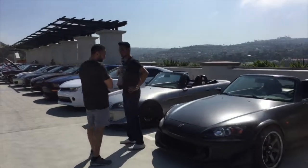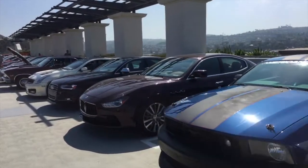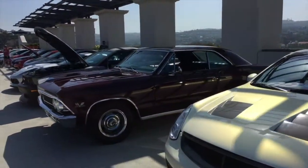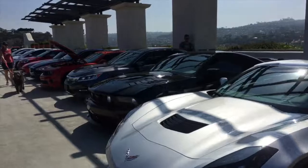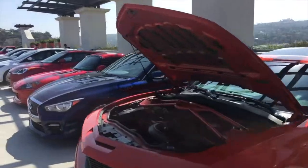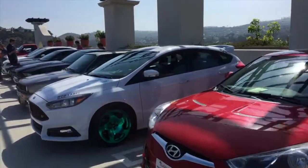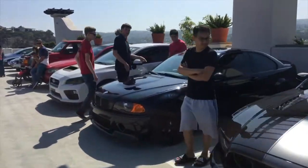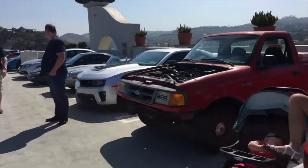Lambo, a couple of S2000s side by side. Gen 5 Camaro, Mustang, Maserati, an Audi, I think that's a Nissan, Chevy, Mustang, C7 Corvette, Mustang, Honda, Camaro, Infiniti, little S2000 again, Hyundai with green wheels, BMW, Mustang, another BMW, Subaru WRX, BMW, a Ford Ranger here,